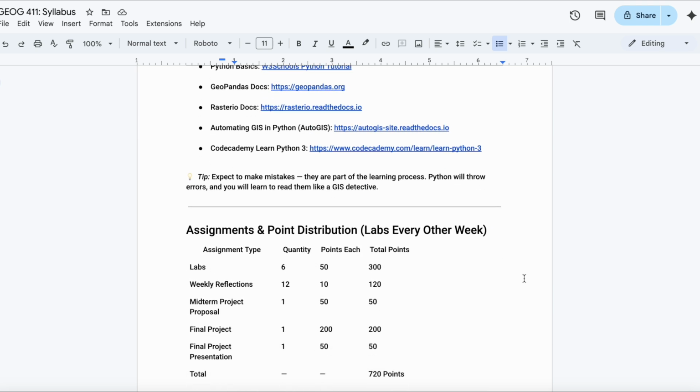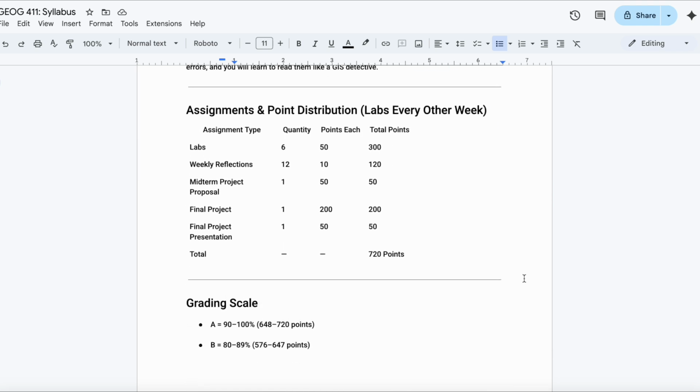Assignments and point distribution in the course. So there's 6 labs and there's 12 reflections. Reflections will typically be assigned each week. Reflections will range from Python exercises that pertain to GIS topics that we cover for the week, and they'll also